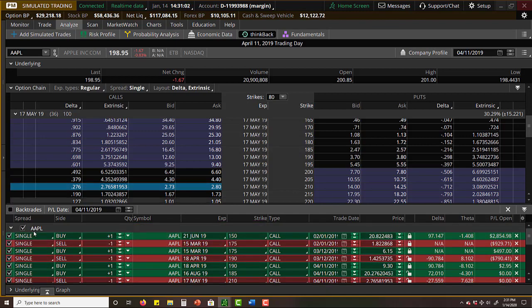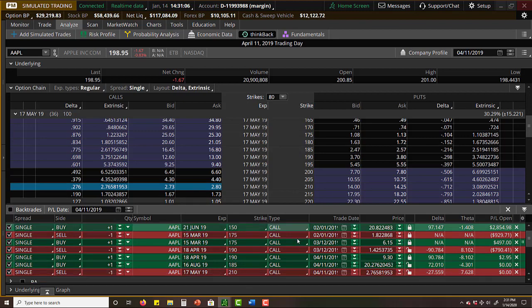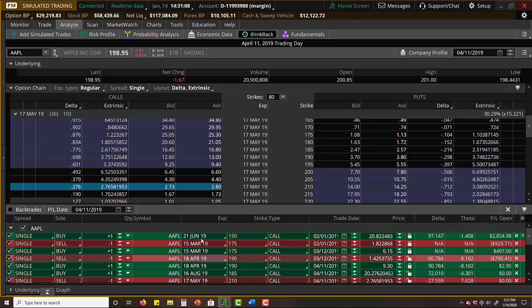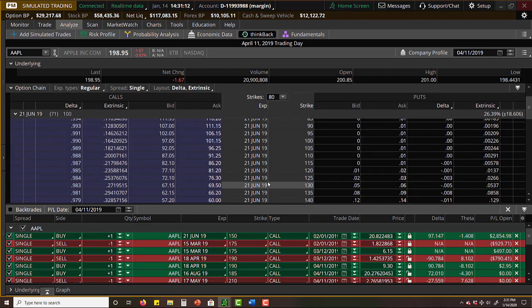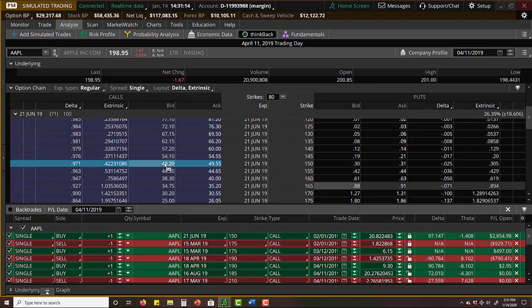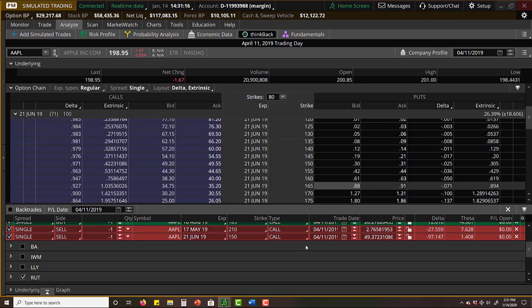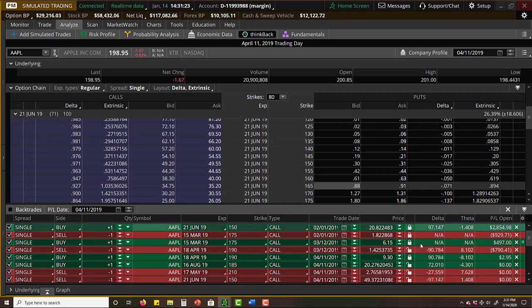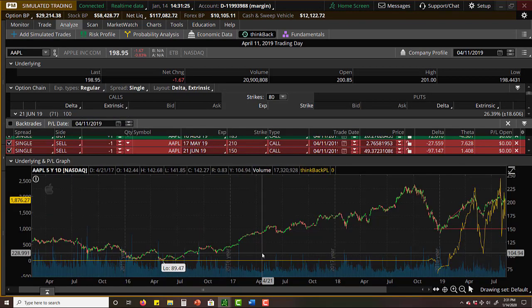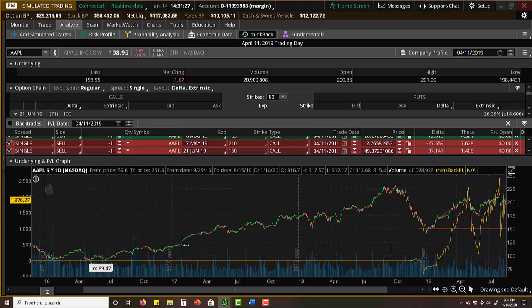So I basically have a catalog here, a record of every entry and exit. And did I put in the exit for the June? No, I forgot to put in the exit for the June. So let me go back and do that. So I sold the June 150 and got the 49.30 or so. All right, so now once I put all that in there, you should be able to see